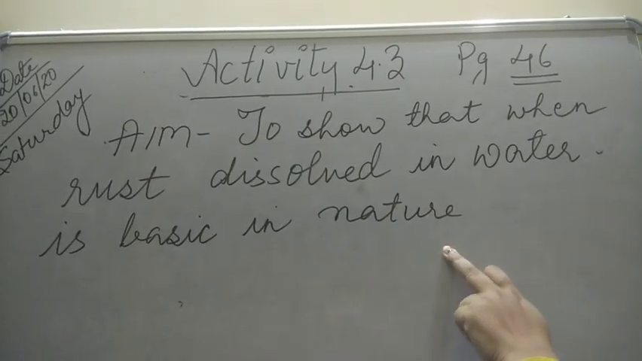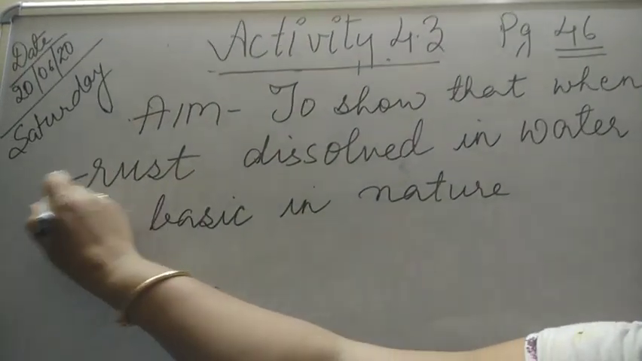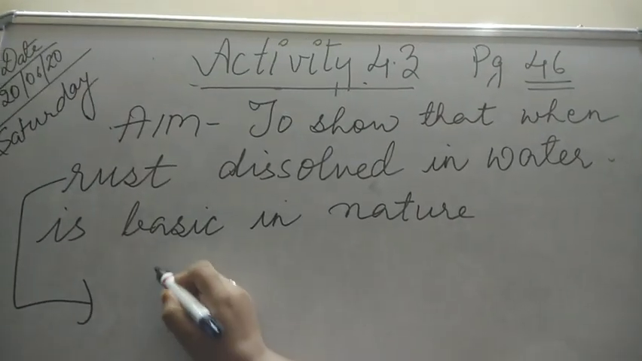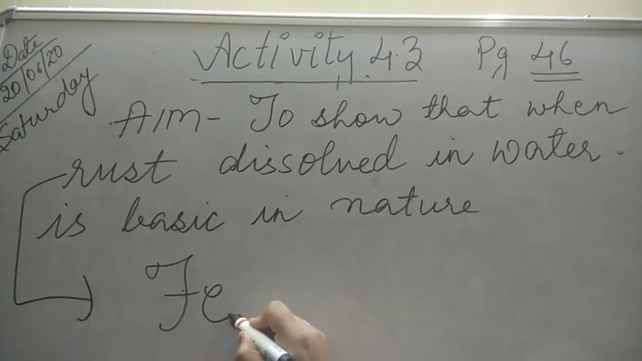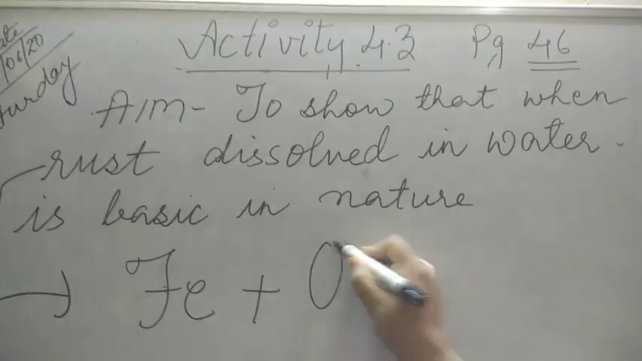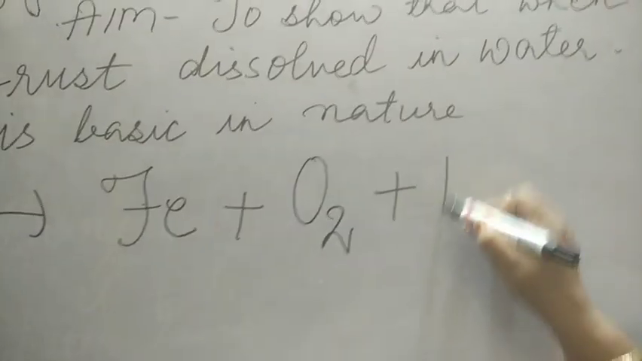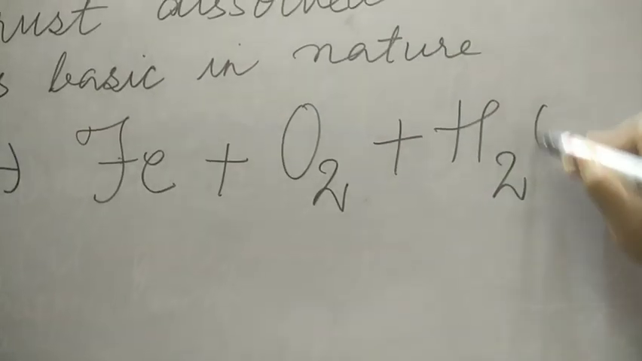So here, what is rust? Rust is your metal oxide. That is Fe, iron, in the presence of oxygen, you will take directly, plus H2O. I told you,